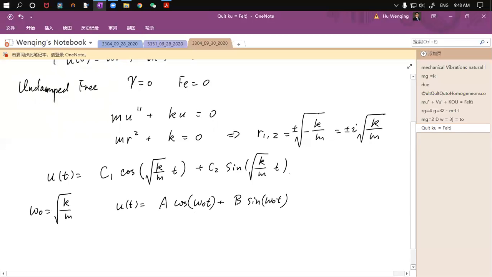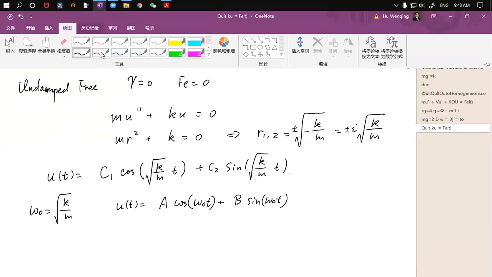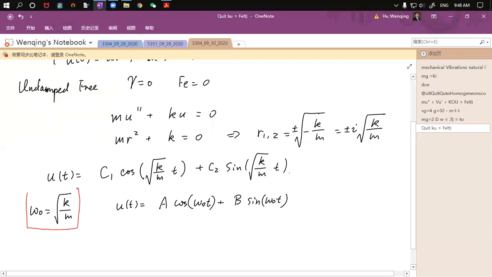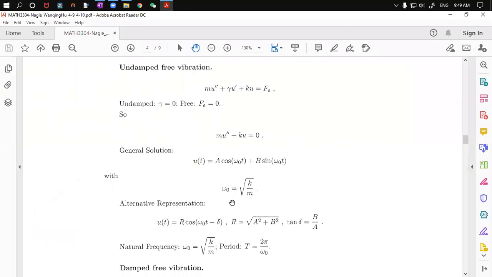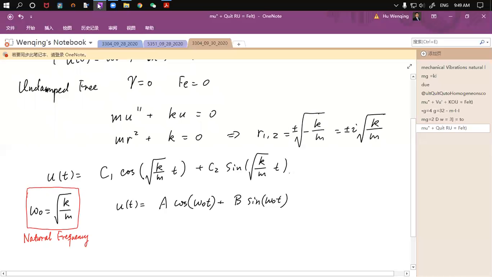This omega 0 is a very important quantity in our later applications. Is that good, family? It is going to be called the natural frequency. Why is it called a frequency? Well, it is called a frequency because the motion itself in this form can actually be written as just an oscillation. You can see that this one can actually be written